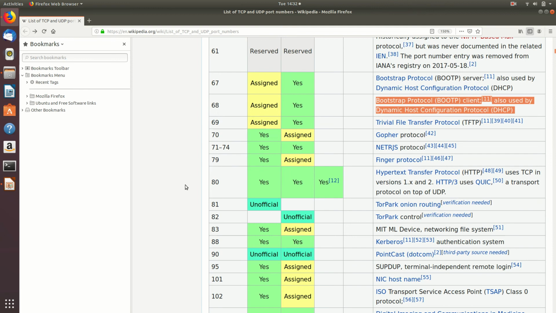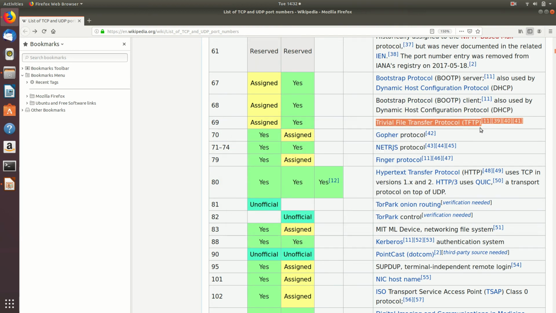Now the next one, this is also another one. The FTP protocol is something we already seen. Now we have a variation of it called the trivial FTP. The FTP protocol is by default running in the TCP protocol. The transport layer used by the application layer protocol FTP is TCP, where if you look at the trivial FTP, it is actually using what called the UDP protocol in the transport layer.